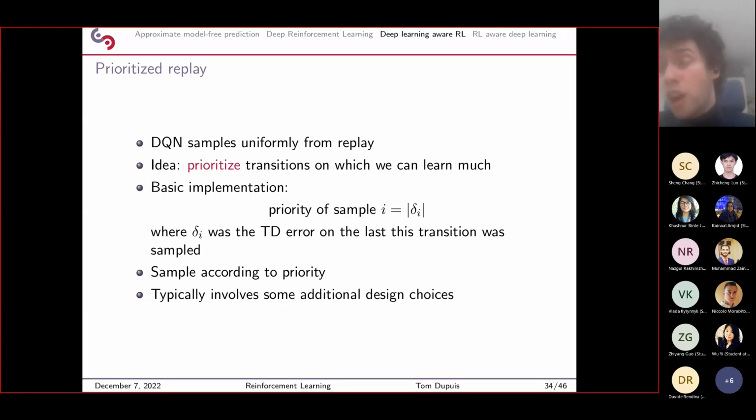We want to learn a lot from this particular sample, and we can learn a lot because this one was the only successful sample from a lot of them. So the idea is to sample this particular sample way more often than the uninteresting random noise movement. And so a basic implementation of this idea is to have a priority associated with every sample in the replay buffer that is computed with the temporal difference error